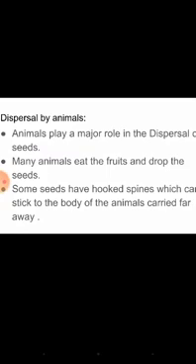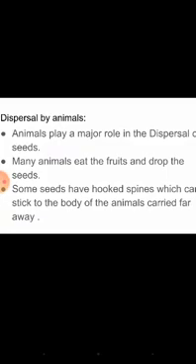Parrots and some other birds are eating fruits and leaving the seed, that is, throwing the seed, or sometimes it may come out of the excreta of the animals. Excreta of the animals means the waste of the animals. From that also it may fall on some other areas and start to grow. So many animals eat fruits and drop seeds, or sometimes the seeds come out through the excreta.